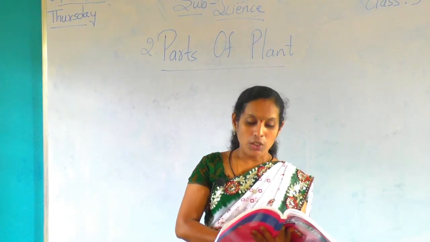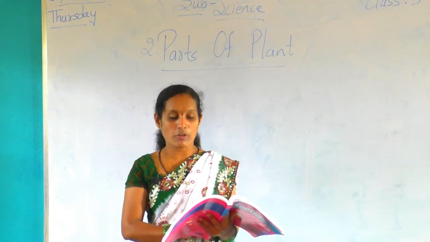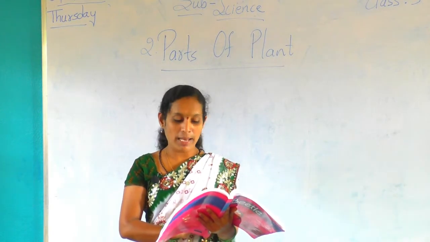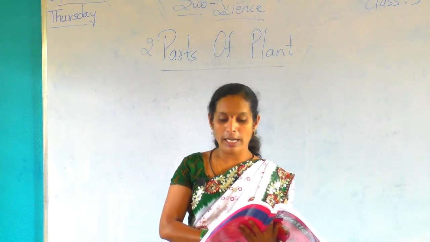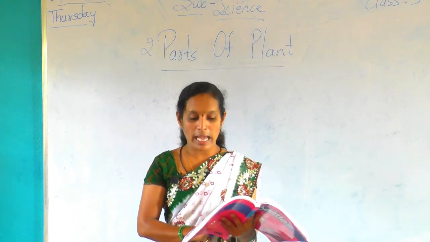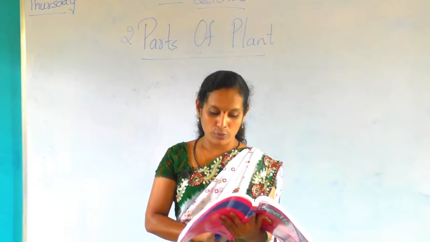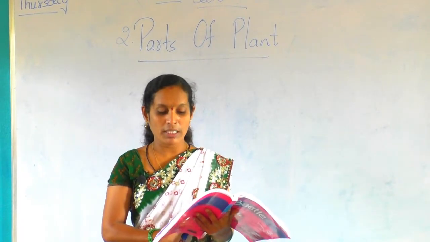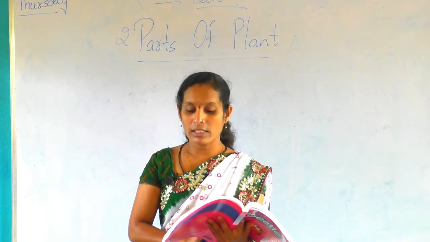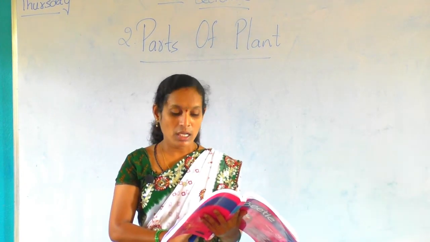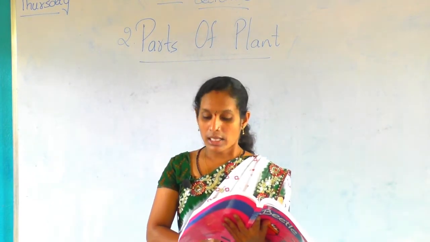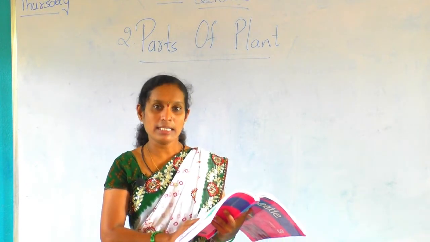Root. You can't see the roots of a plant because they grow under the ground. They spread downwards, holding the plant in place and sucking up water and minerals from the soil. Many plants have a main taproot with tiny bunches of roots growing out from it. These bunches of roots are called fibrous roots. Some plants have a taproot with fibrous roots attached to it. Some plants, however, have only fibrous roots that grow from the end of the stem.